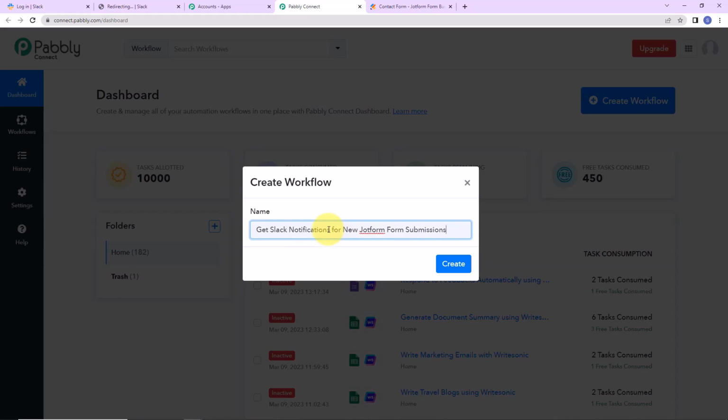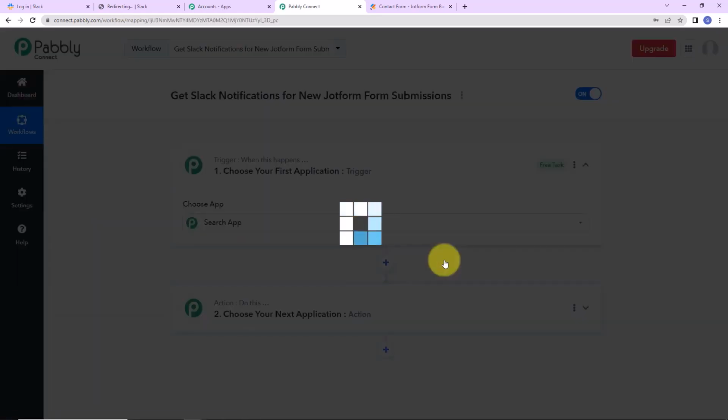So let's say that every time a form is submitted, we have got the details of the user. This is a contact form. So now I have got the details and I'm sharing this with my team so that further they can follow up with the lead. So let's click on create, and as we do that, here we have reached another window